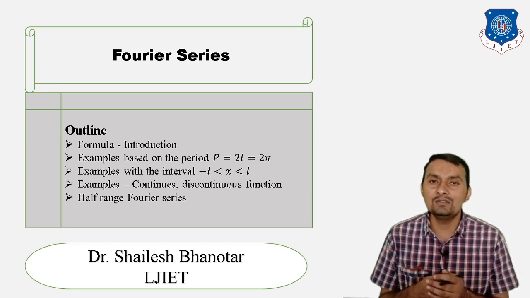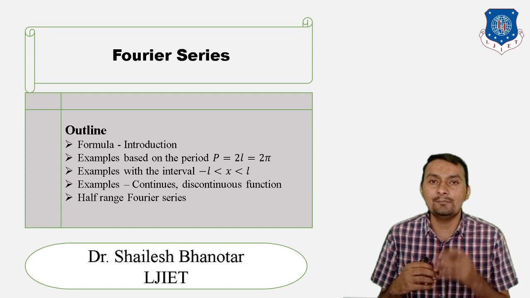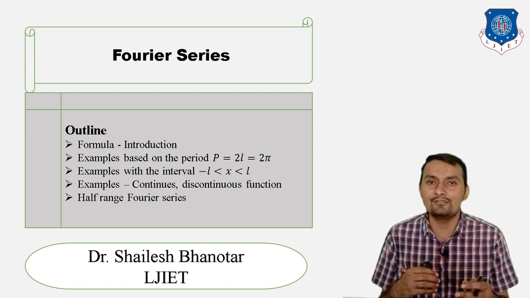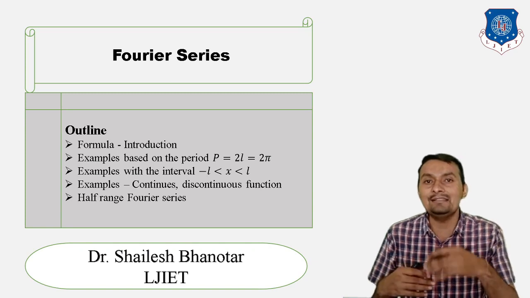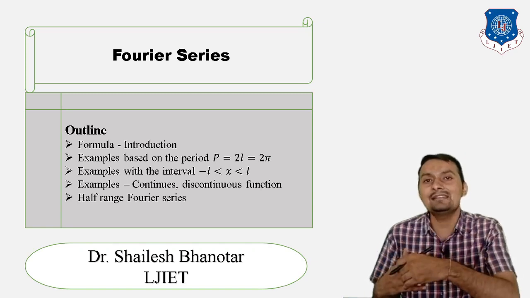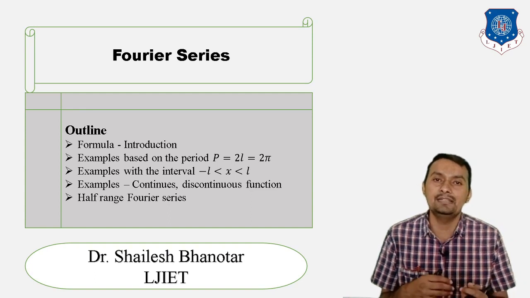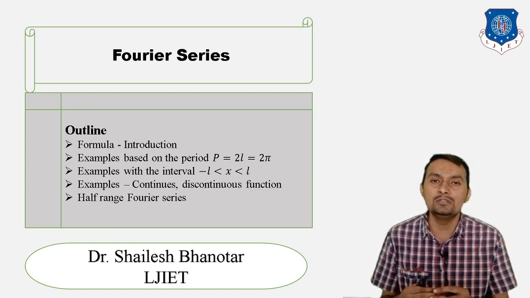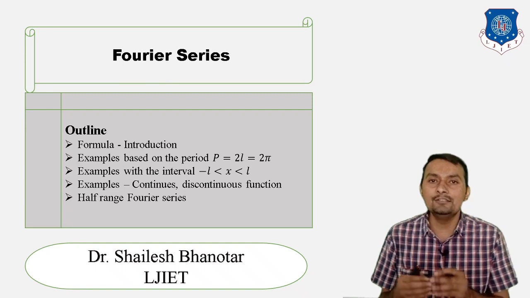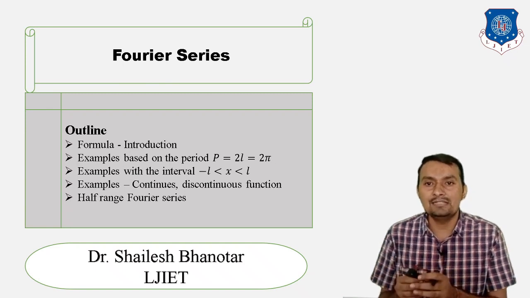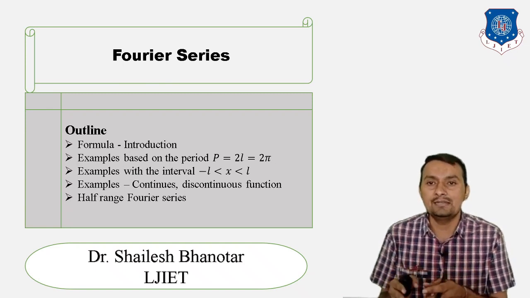But if the function is not differentiable, and in such cases you want to represent it in series form, you can represent it based on a Fourier series, but there is some restriction, and that restriction allows the function to be converted into a series in terms of sine and cosine terms, and that we are going to learn in this chapter. So let's have a look at the quick outline of this chapter, what we are going to learn.